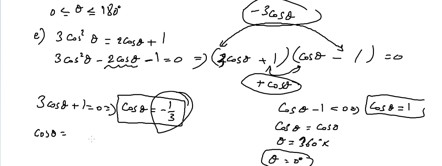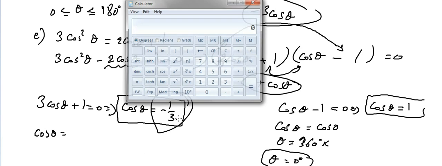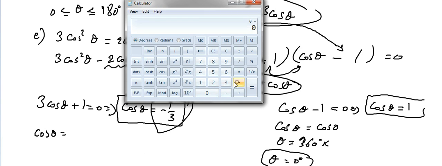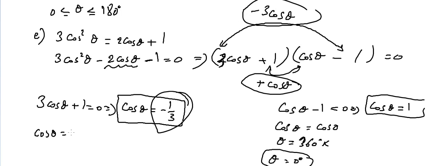Let me do shift cosine of minus 1 over 3, minus 0.3333333. Okay, now I did it right. Inverse cosine is 109 degrees. That's correct, 100%. It's 109 point something. Let's say it's 109 degrees. Okay. Cosine of this